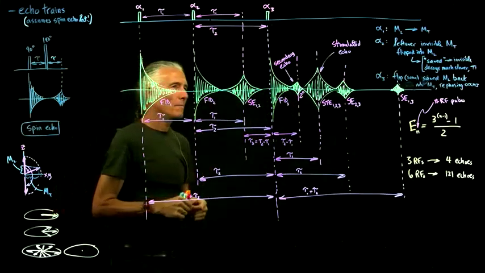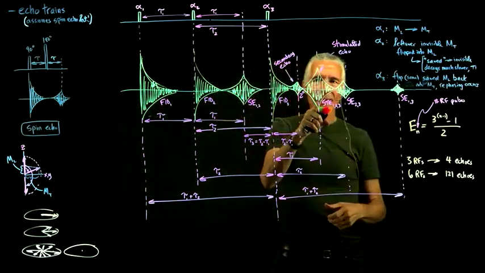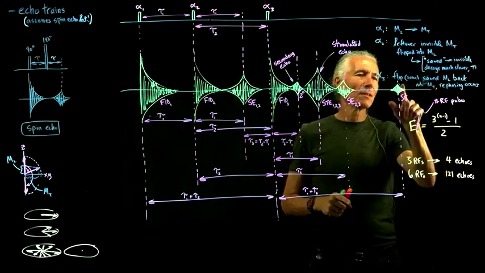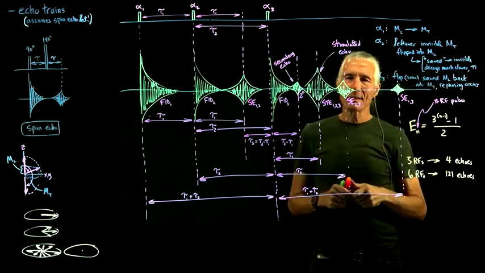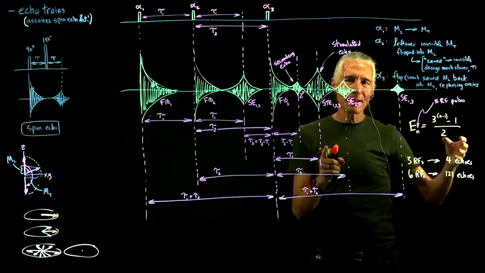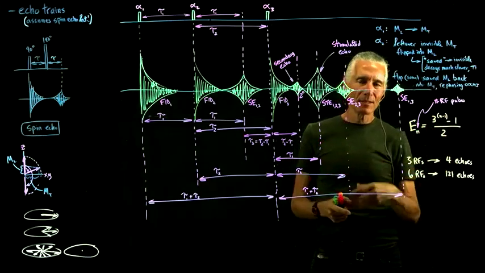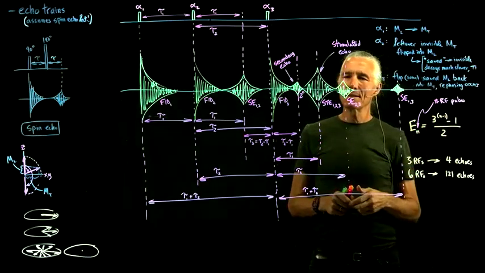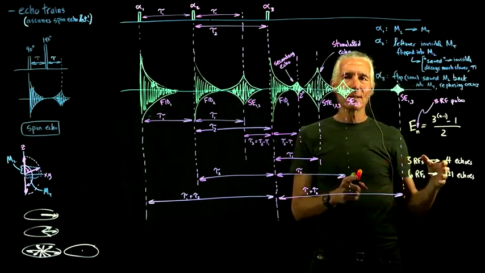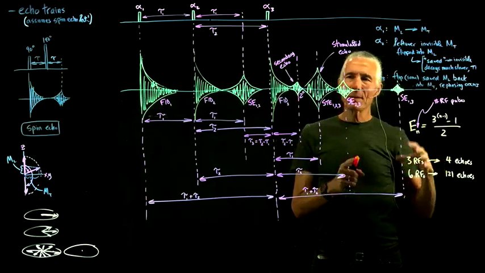But since the stimulated echo doesn't decay nearly as quickly because it's temporarily saved, you can use that to make a measurement that allows some other process to happen, like diffusion. And so a stimulated echo could be useful for that,